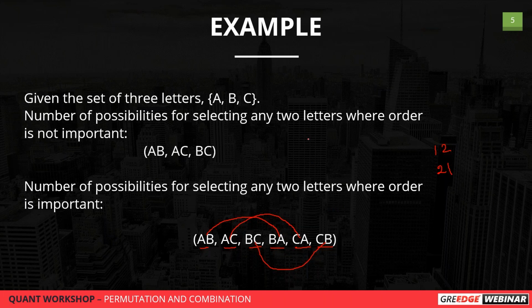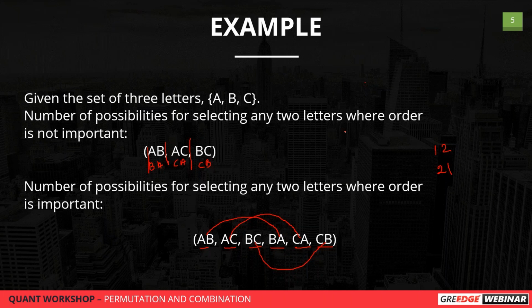If it is only about selection, for example, choosing 2 people: let me take A, B, C as 3 persons, and I'm going to choose 2 people for my team. In that case, we will have AB or AC or BC. There is no difference between AB and BA, because at the end my team will have 2 people. So when forming a group or selecting people, the arrangement won't play any role. But if I ask them to sit in a row, or give them a number, then the order will matter. We will discuss more problems and you will get more clarity on this.